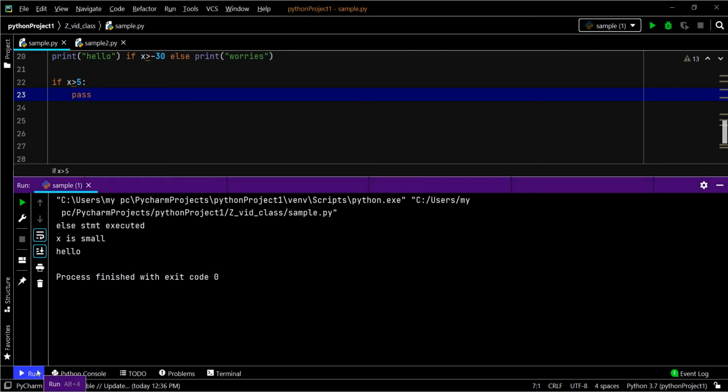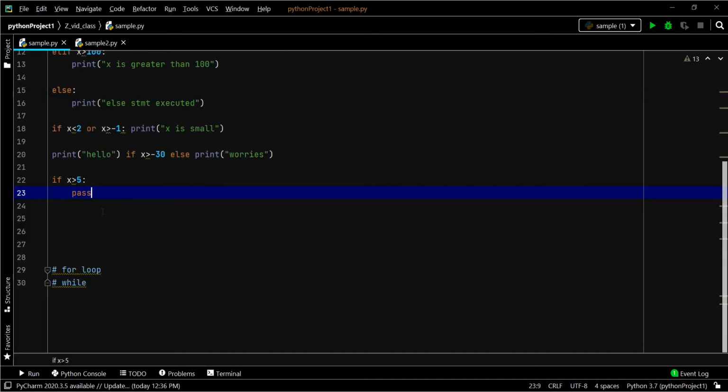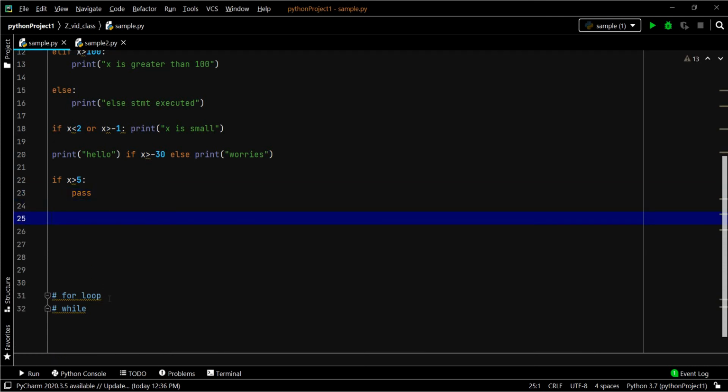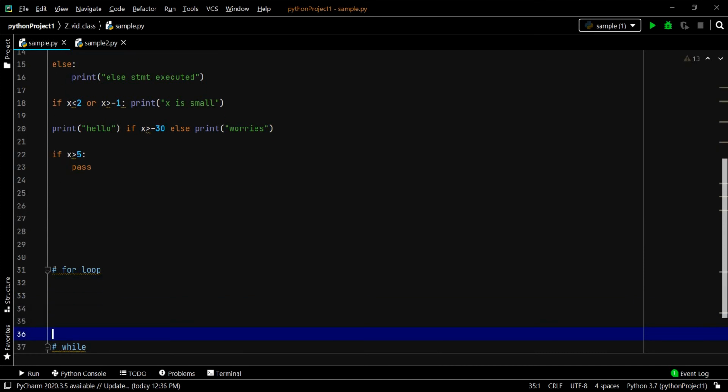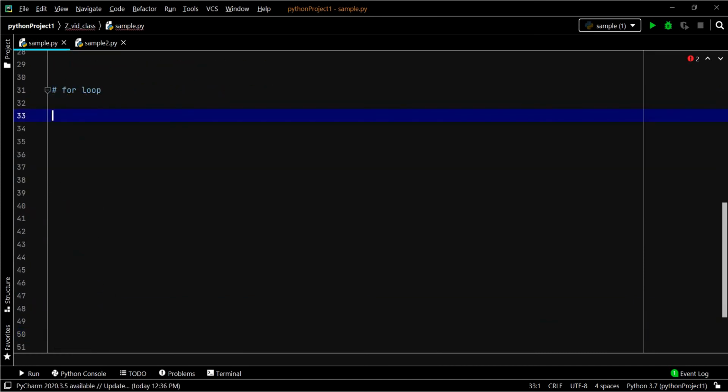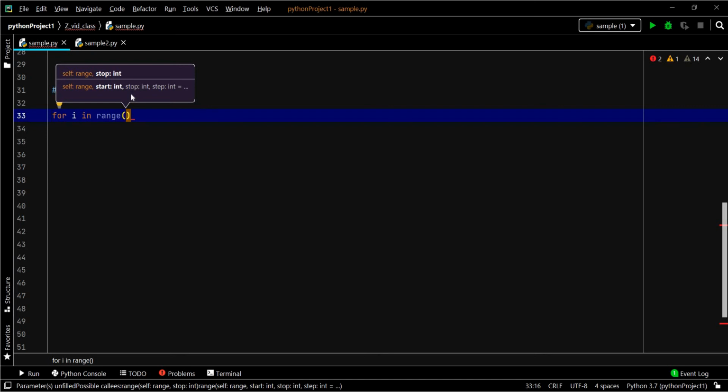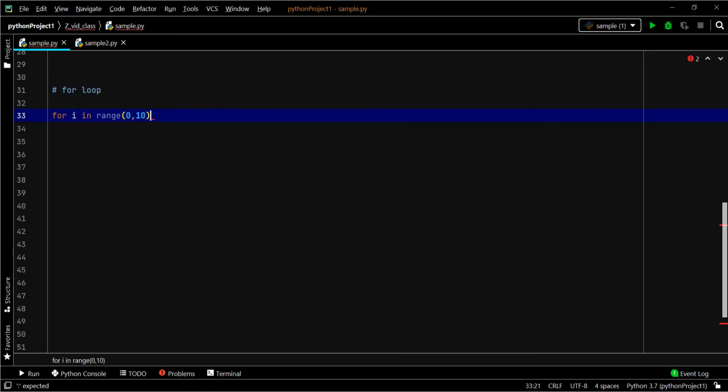If you want to iterate through some sequence, then you need another loop, which is a for loop. Let's see that through some example. For i in range, i is in the range 0 to 10. Range is a separate function, we have a video explaining that.